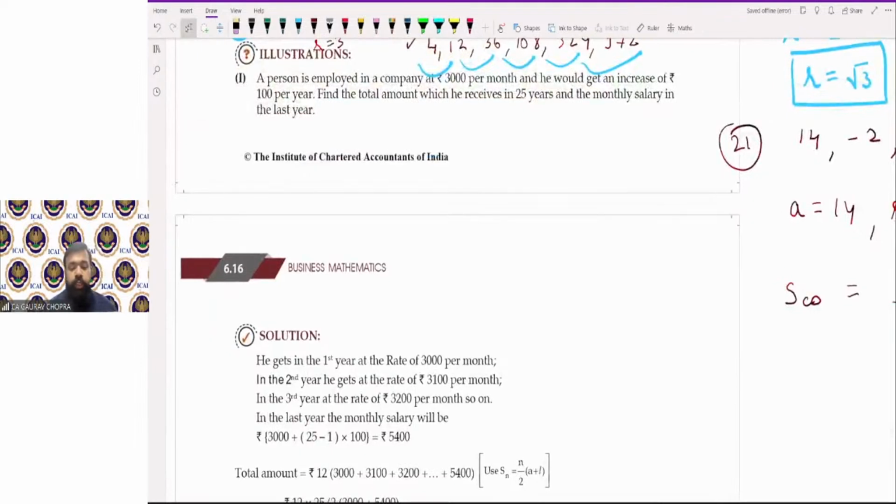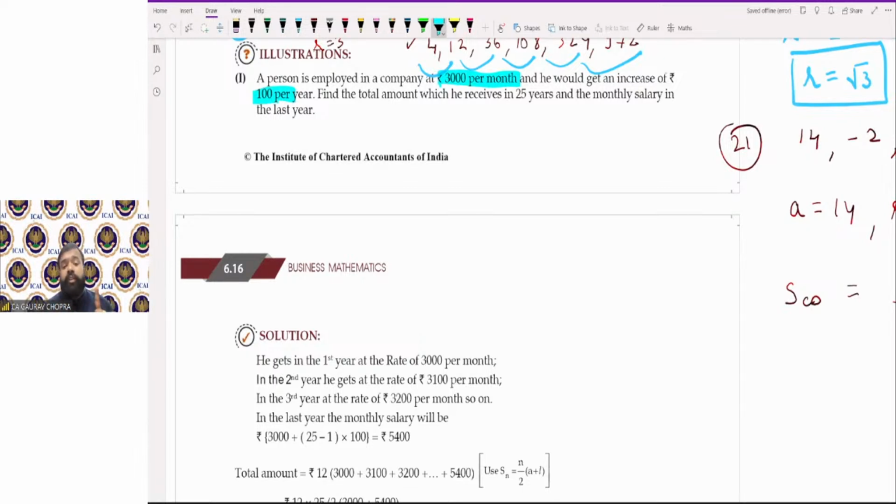चलिए नेक्स्ट इलस्ट्रेशन आ चुका है हमारे पास, इलस्ट्रेशन नंबर 1। A person is employed in a company at ₹3000 per month. थोड़ा सा डिफरेंट क्वेश्चन है, इसको अच्छे से समझें, थोड़ी सी कैलकुलेशन इसमें रहेगी, बहुत ज्यादा नहीं है, बट प्रैक्टिकल बेस्ड क्वेश्चन है। ये उसकी मंथली सैलरी हो। He would get an increment of ₹100 per year, ₹100 का उसका इंक्रीमेंट मिल रहा है।